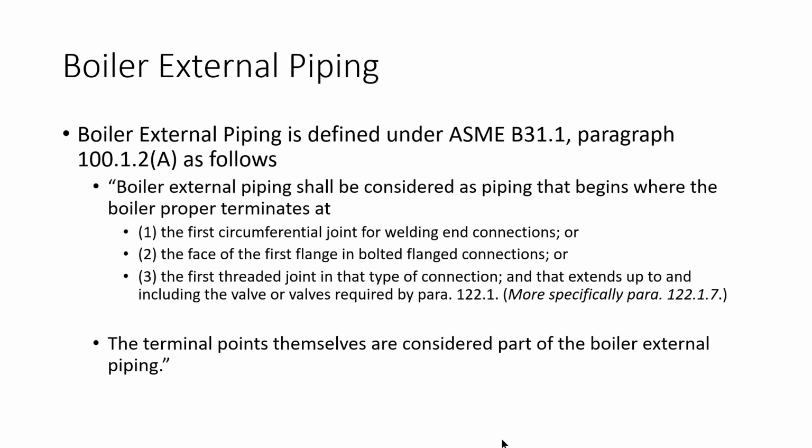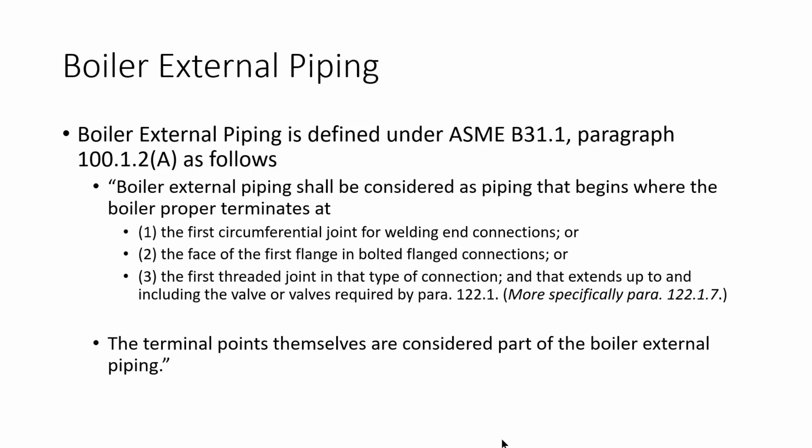Boiler external piping shall be considered as piping that begins where the boiler proper terminates at the first circumferential joint for welding in connections, or the face of the first flange and bolted flange connections, or the first threaded joint in that type of connection, and that extends up to and including the valve or valves required in paragraph 122.1,